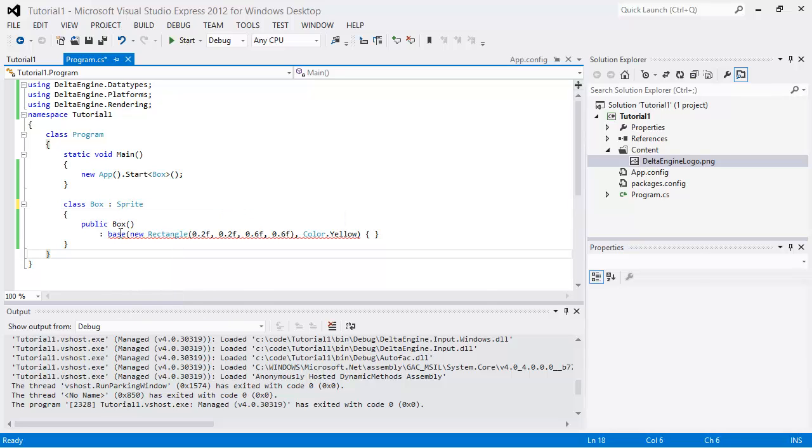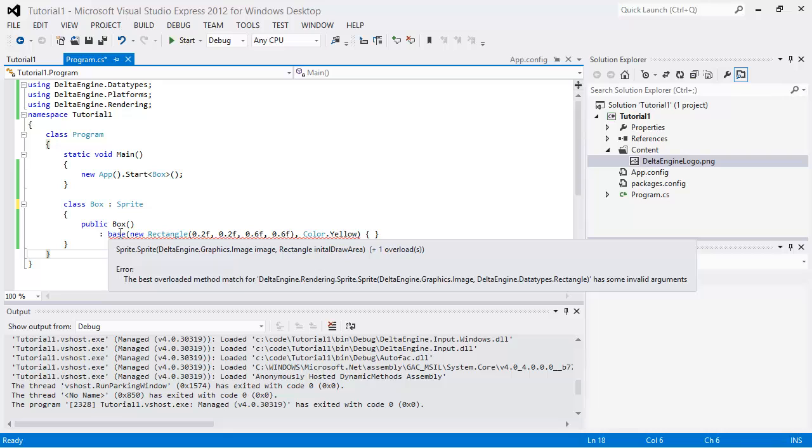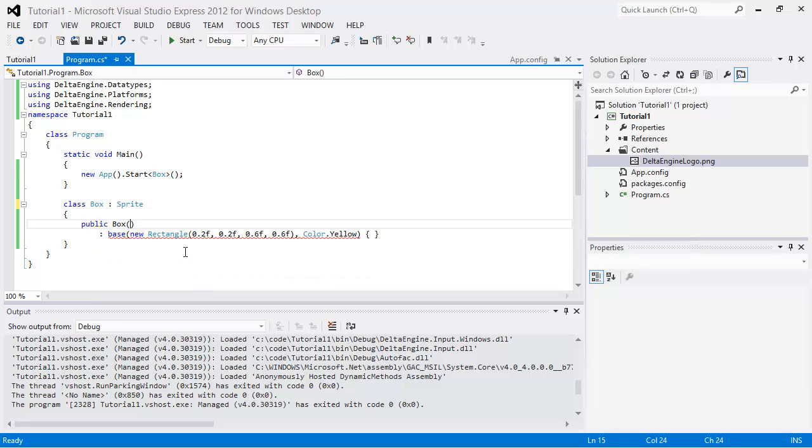And the sprite actually needs different parameters, so it needs an image and a rectangle instead of a color, but you can also pass in a color. And to load an image, we need a content object. So let's just pass in the content here,